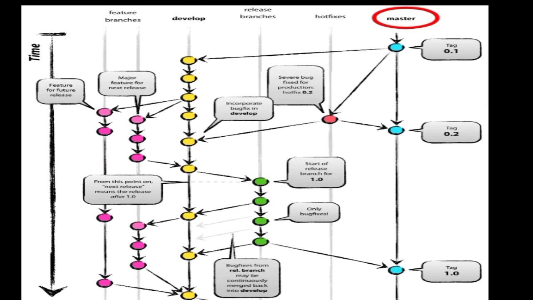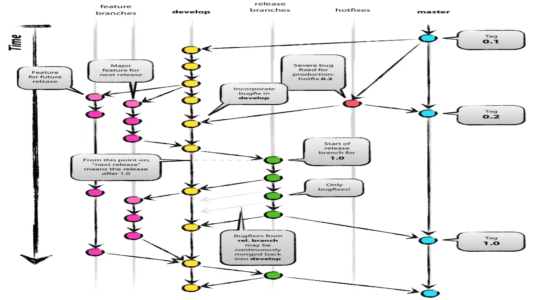Then you have feature branches. We also call them topic branches. These branches will be branched off develop to implement specific features. And then you have hotfix branches. If a bug is found in production but you are not ready to release other features to production, you create a branch specifically for fixing bugs. The way it works, I'm going to show you with a real-time example.